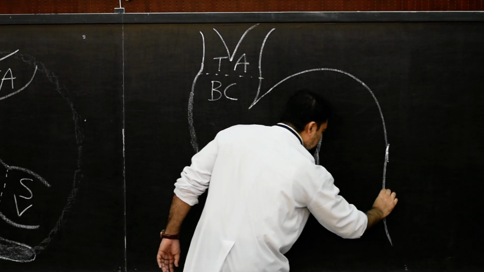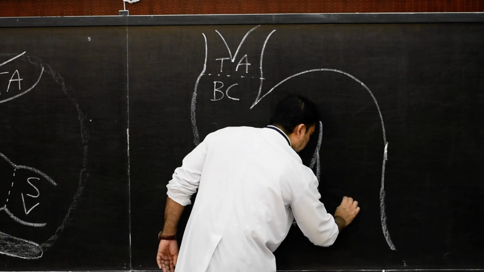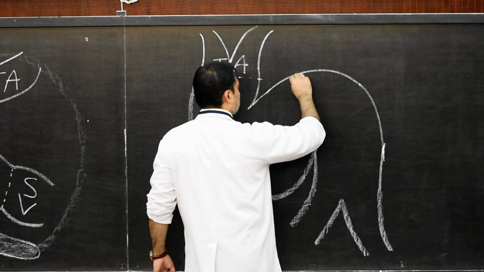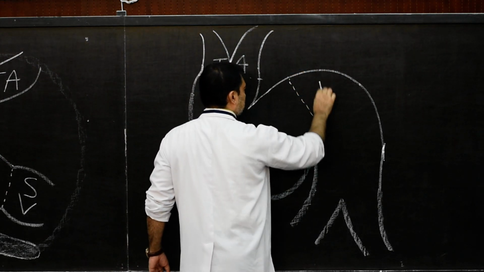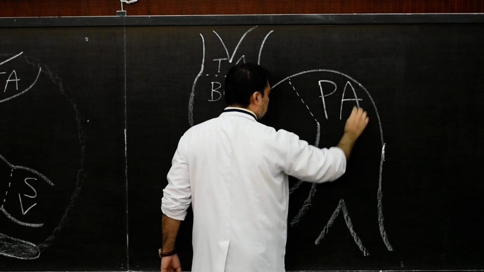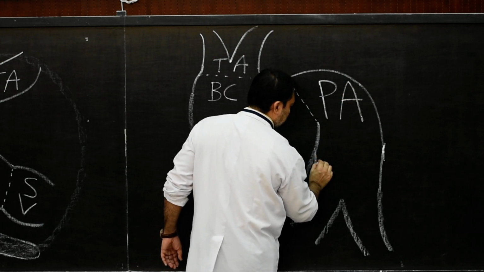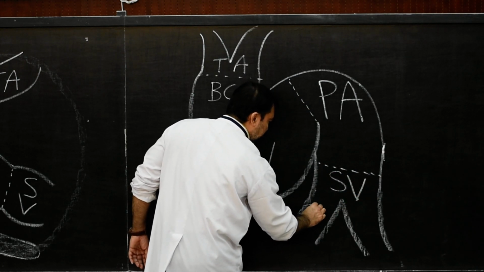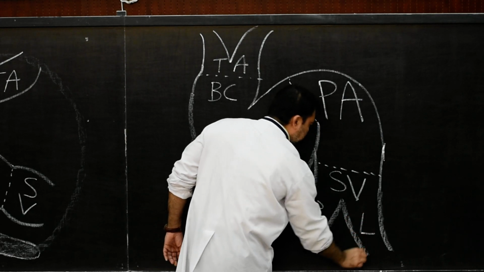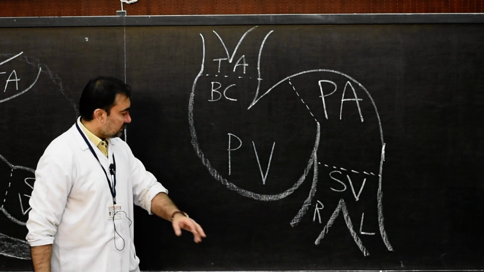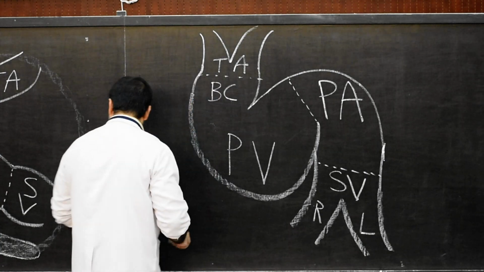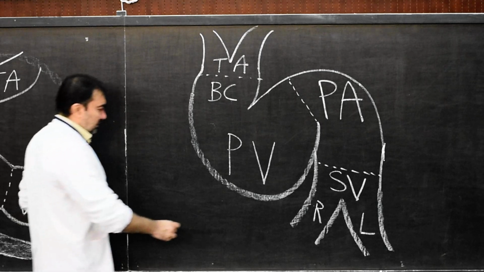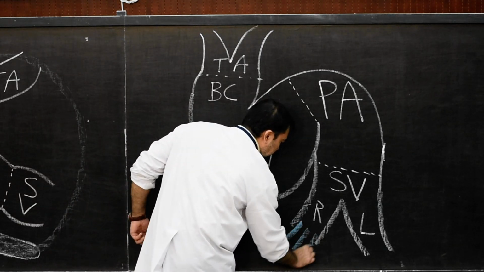Similarly here we show that this primitive atrium will continue down as sinus venosus. So let me demarcate from here. This goes the demarcation, primitive atrium, and here it goes another demarcation. This will be sinus venosus. So right and left horn of sinus venosus, in which there will be opening of the veins, as we have mentioned. So let me draw the veins also. Those veins which will open will be the common cardinal, vitelline, umbilical.